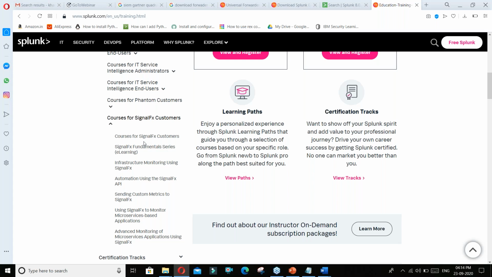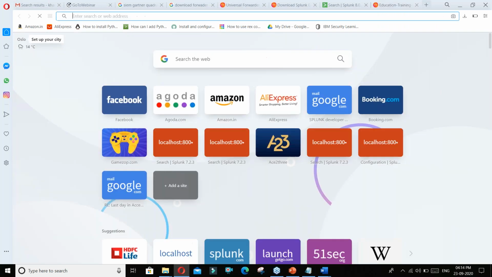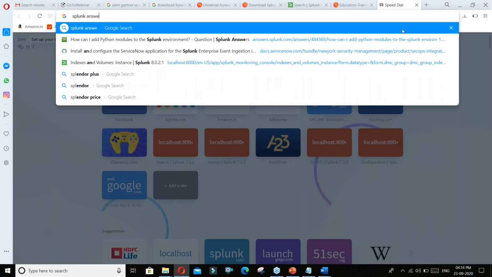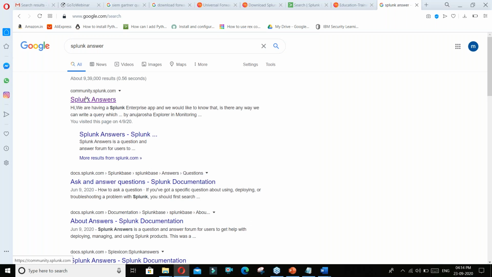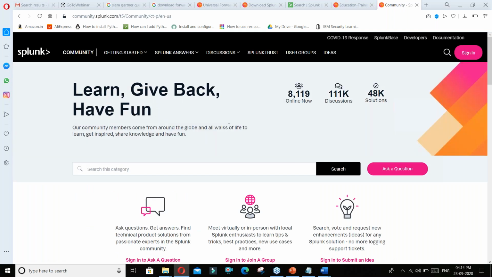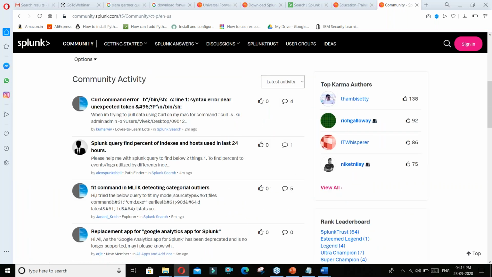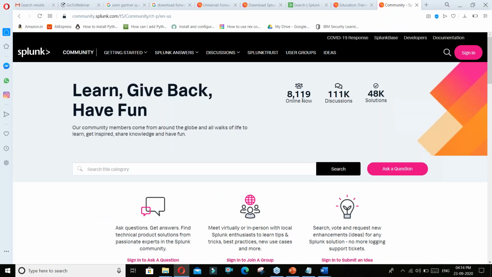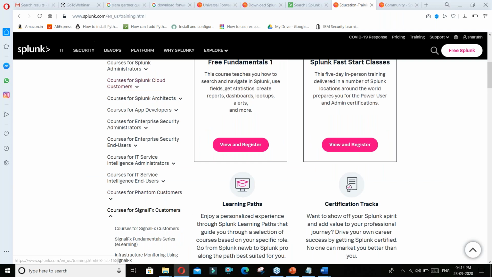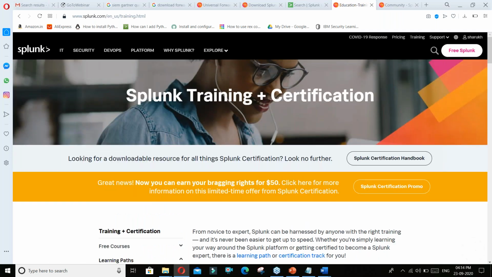And guys, if you have any question, anything, they have a separate website called SplunkAnswers.com. If you are stuck anywhere, you can easily come to this website and post your question. There is a separate community for Splunk. If you are stuck anywhere on Splunk, you have any kind of doubt, just come here, write your query, and someone will answer within, you can say, 8 hours. That's the power and that's the community of Splunk. 8,000 people are there. And guys, this is where Splunk is at the edge. Things are easily available. Courses are very structured. If you go through the courses and the certifications, you will learn things.